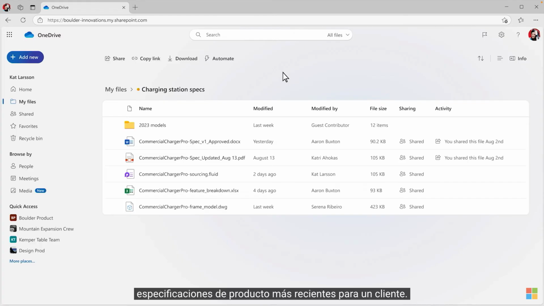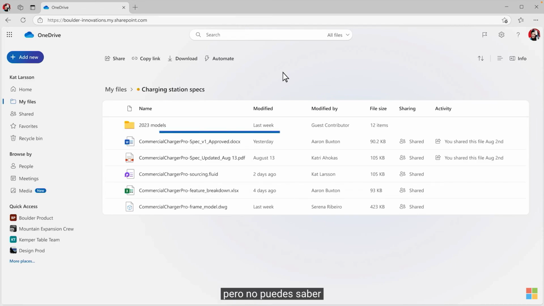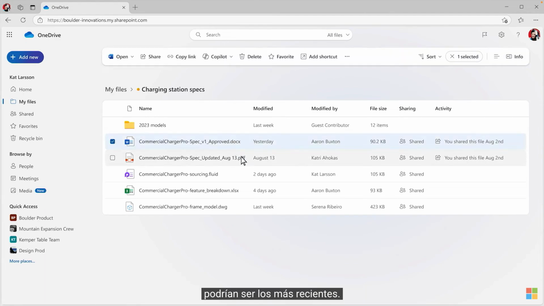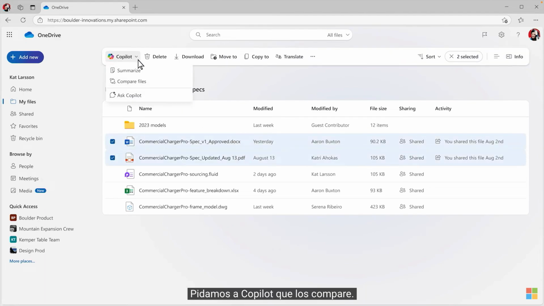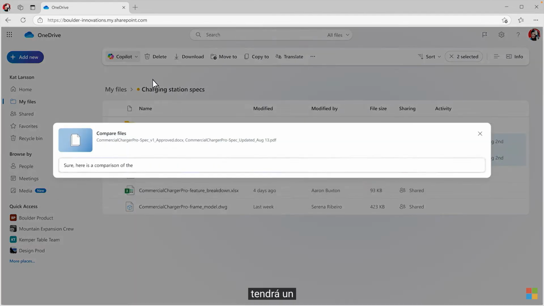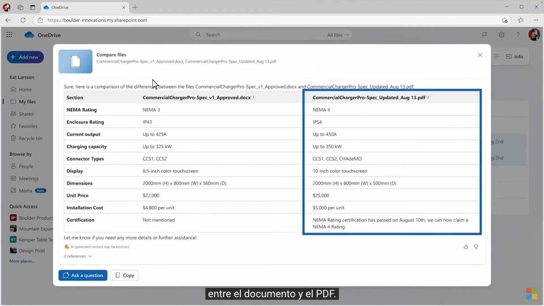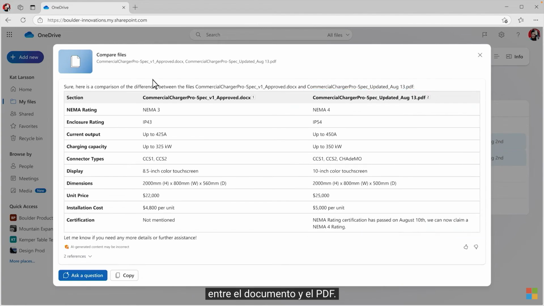Let's say you need to find the latest product specs for a customer. You go to OneDrive, but you can't tell which of these files is the right one, as they both have file names indicating they could be the latest. Let's ask Copilot to compare them. Within seconds, you have a clear, easy-to-read summary highlighting the important differences between the document and PDF. Now you know the one dated August 13th is what you need, so you can be confident you're giving the